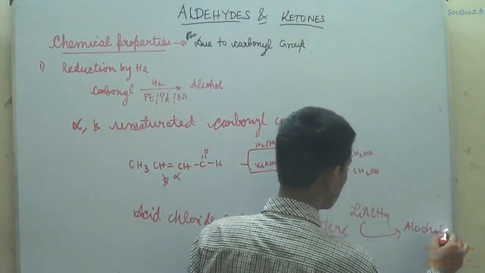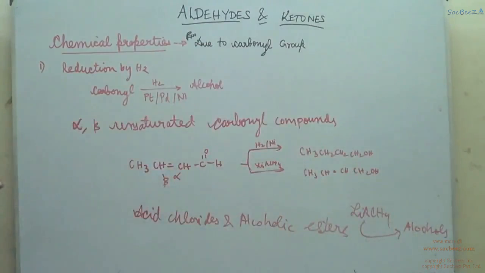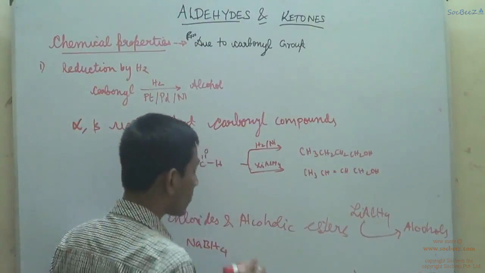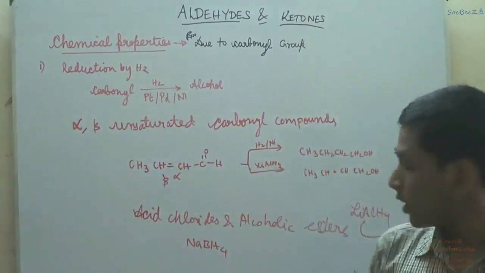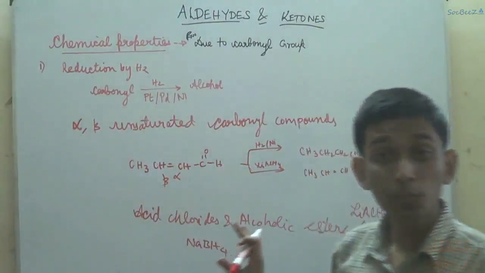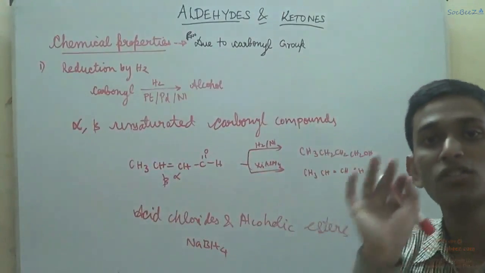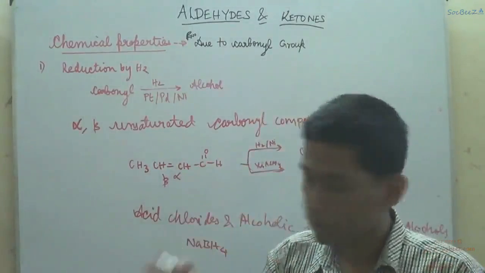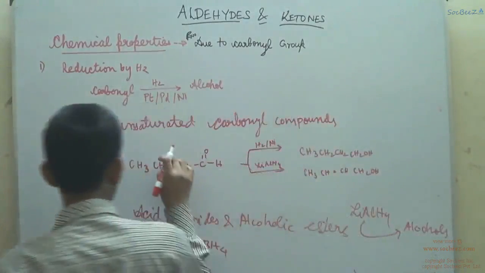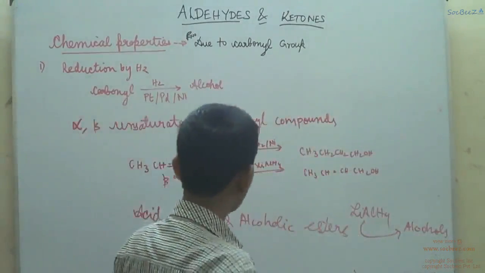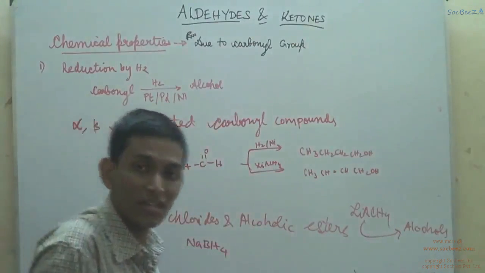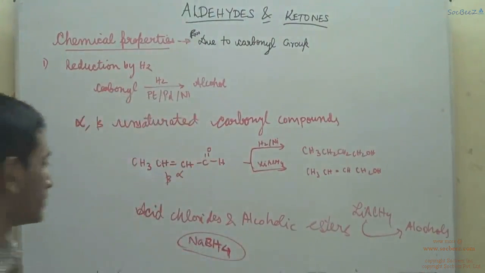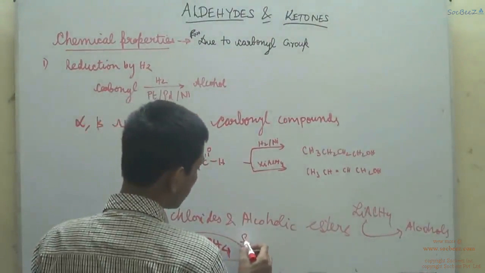This is the disadvantage of lithium aluminium hydride. But if you use NaBH4, that is sodium tetrahydroborate, this particular reagent affects only the carbonyl group and does not reduce any other group. LiAlH4 will not reduce the unsaturated one, but its rate of reaction is fastest, a better reducing agent. So what I was mentioning, NaBH4 is basically a selective reducing agent